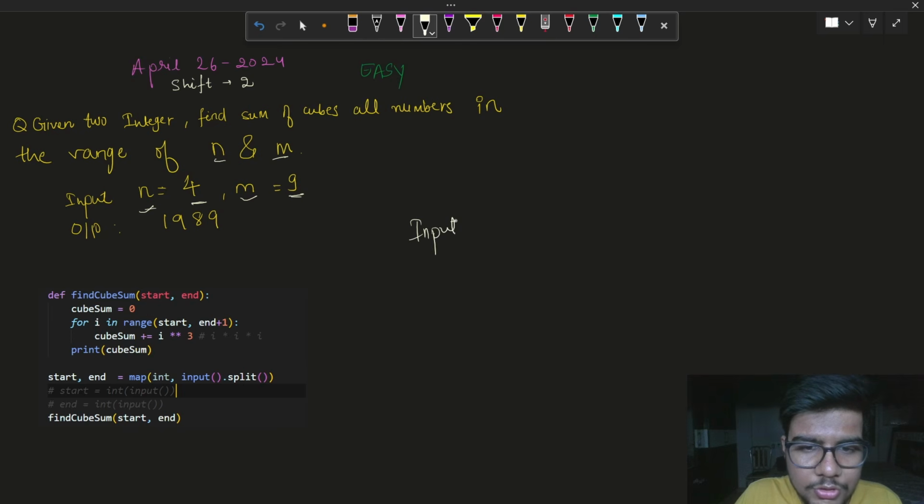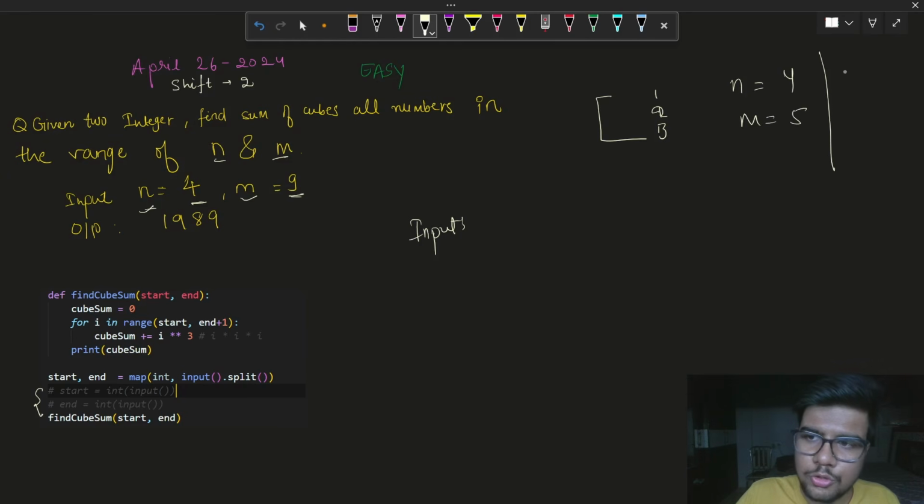Fine. In this question, you just look at the question description and the test case to see how they are giving the input. If they are giving it line after line, like 1, 2, 3, then you need to take it like that. Like if they have given in the question that the input will be n equal to 4 and n equal to 5, or it might be shown to you like 4 and 5, then you need to take it in this way. Or if they say the space separated values will be given,